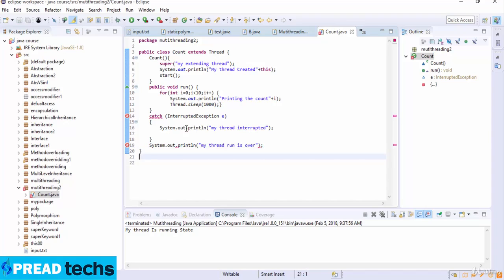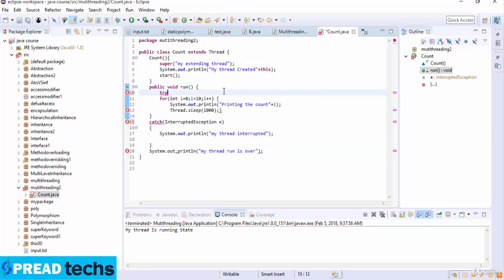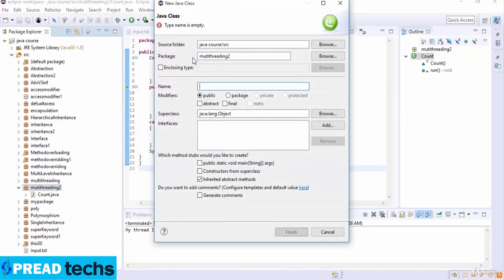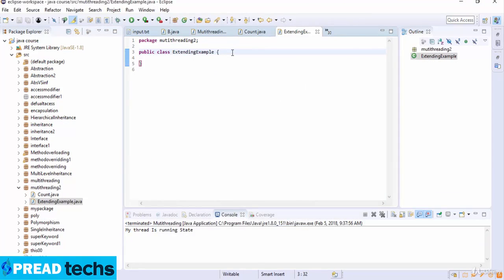So I just go to another class now, and before we go to another statement, I define one try statement here. So try and the catch, and now I go to another class which is extending example, and here I write the main method. So public static void main, and then here I write String args. Now here Count obj which is equal to new Count, and then